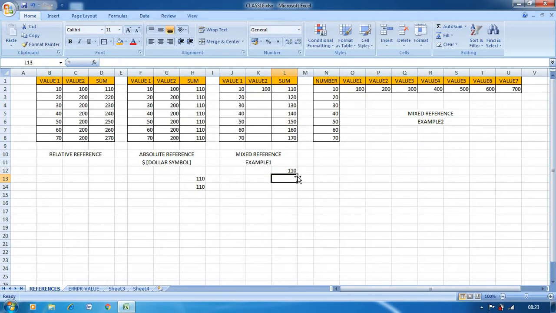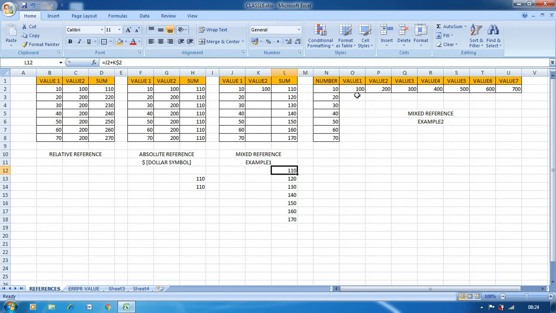See here, 110. Drag downside. See. So either you can use $K $2 or K $2. So depending on the user's usage, you have to use this one.